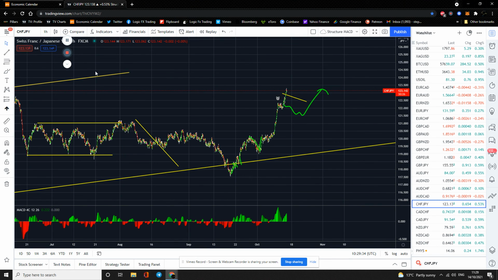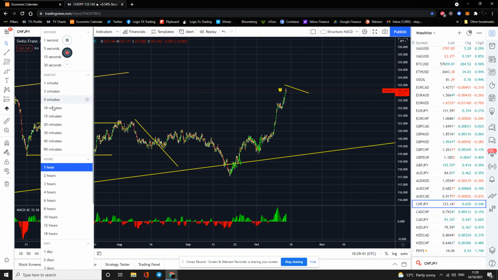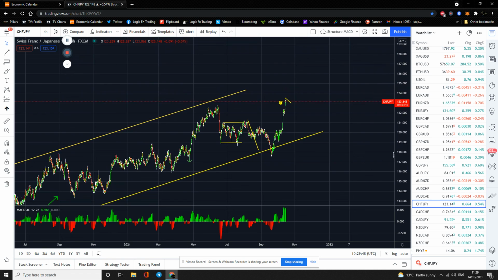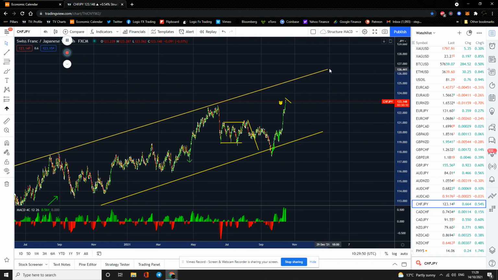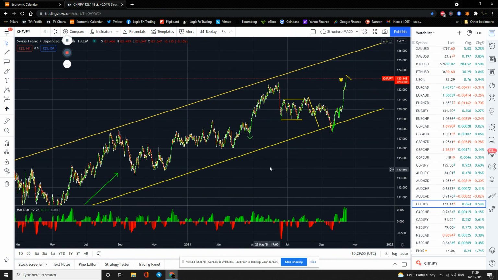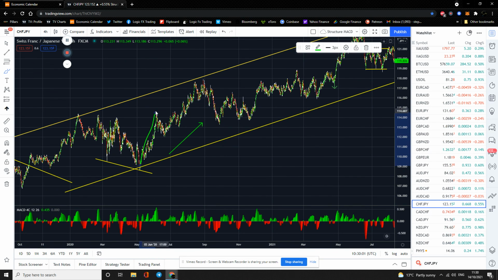Off we go again. We were looking for a setup on it. Didn't get it. Well, that was it. And it's pushed on up. Let's see where we are, guys. Obviously, the place to get in was way back down there. It's in this channel. Now, we haven't had an impulsive move like that in a long time, guys. But you see what happens after you get an impulsive move. You're going to get a correction. That's what we're looking for. And then it starts to go again.